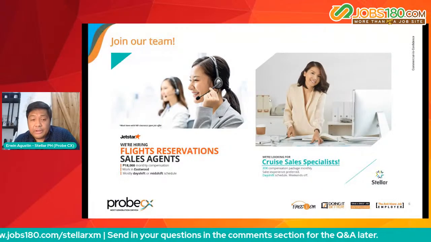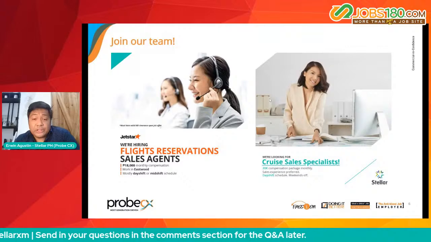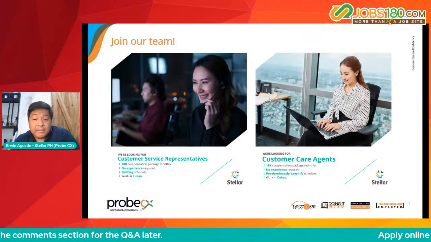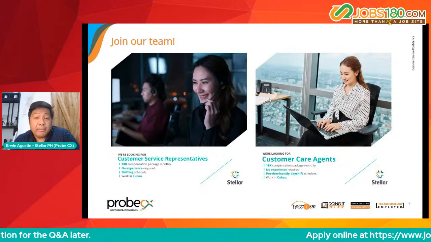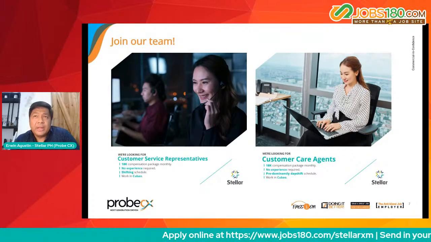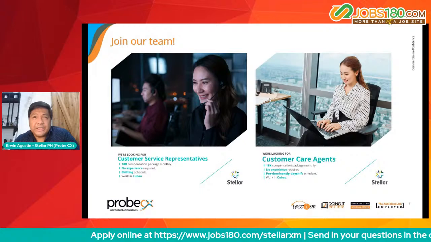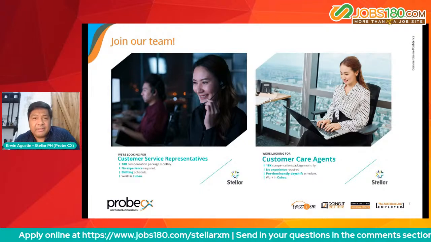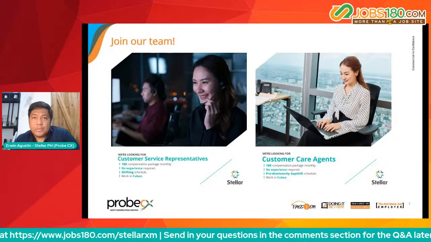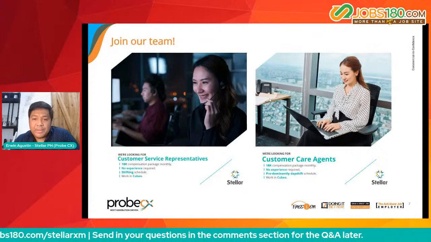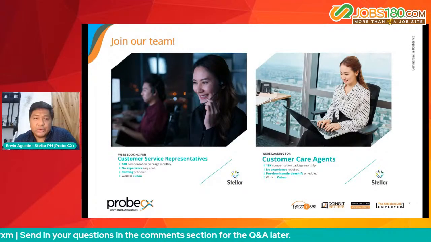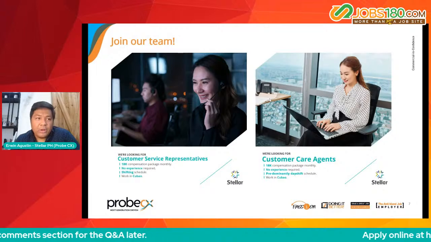We are looking for flight reservations and cruise specialists, and I think as a company, we want to be an anti-bland employer. There are a lot of new technologies right now that are making work a lot easier. It's more innovative. It's more exciting. When it comes to, let's say, as you go up, having the ability to work using different digital platforms. So once you learn all those